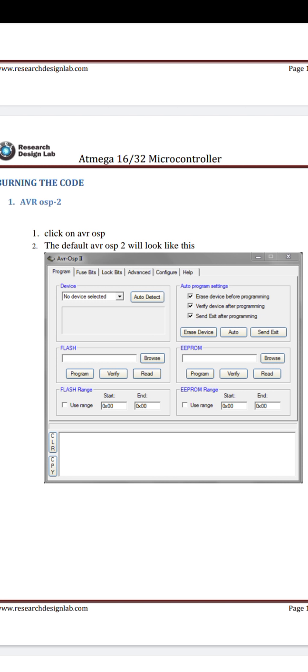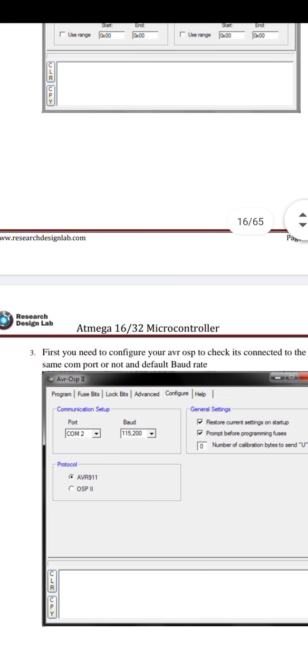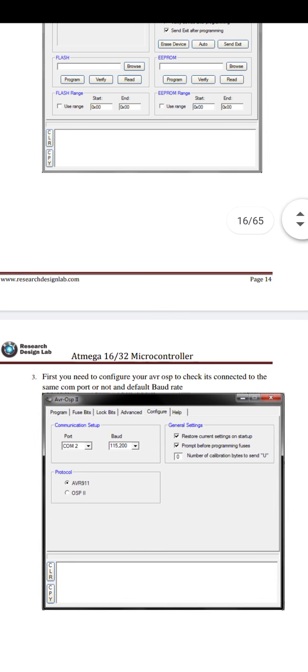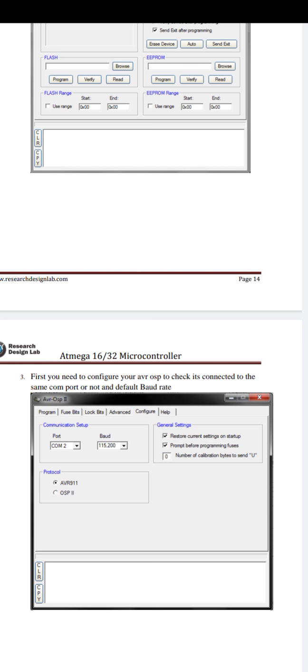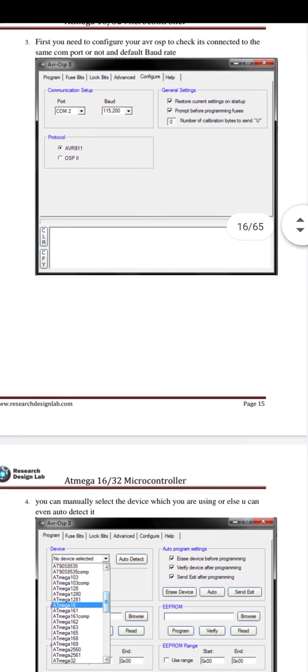Now for flash program, we write programs, then upload these programs. The port is COM2, and the baud rate we display here, as the protocol used is AVR911. Then first we need to check that it is connected to the same COM port or not, that is the default baud rate we select here.